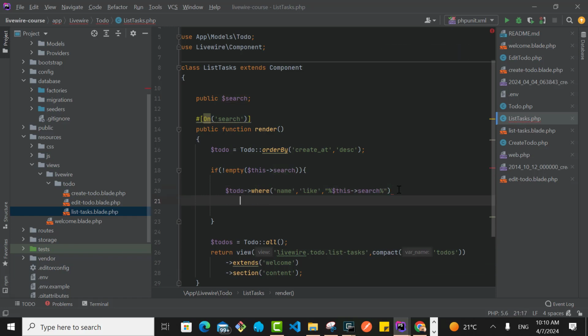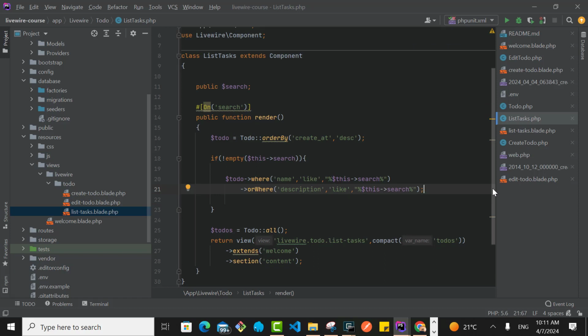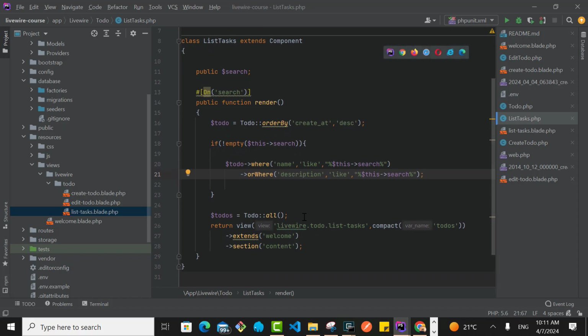We can also add orWhere, I believe it's like so. Then you can just copy this, paste it here, and now it is the description, like that. So we are getting the query builder ordered by descending order of the created_at. Then we are querying where the name is like the search, or where the description is like the search. Then after that,